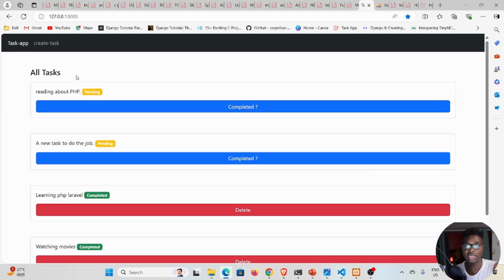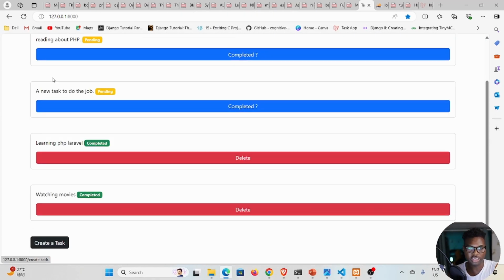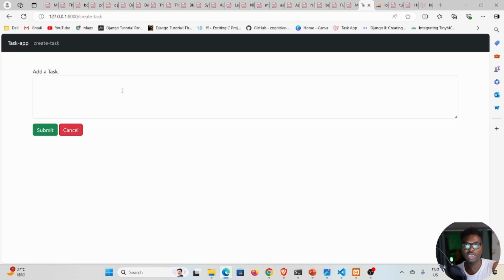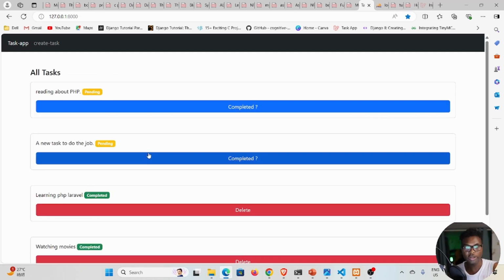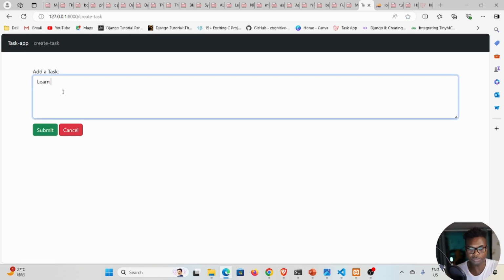You can go ahead and create a task by clicking on this link right here. So we have our Navbar right here, and I can also do the same by clicking this button down here. If I click that, it takes me to the create task page, where I have a text area, a submit, and a cancel button. If I decide to cancel, it's going to take me back to the index page, which is the home page. If I want to create a task, I can type "create a Laravel app" like that, and I can